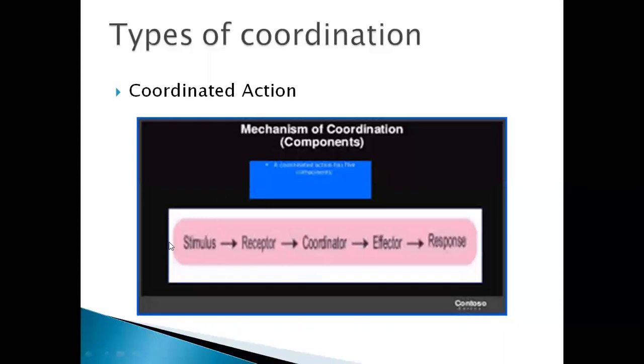Let's start from the stimulus. What is a stimulus? A stimulus is any change in your environment. Like nowadays, you are feeling very warm. Why? Because the temperature is very high. So you can detect any change from your environment. You can feel heat from your environment. It means any detectable change from the environment is known as a stimulus. A stimulus is any detectable change.